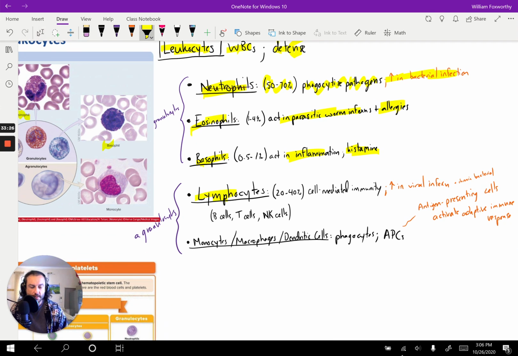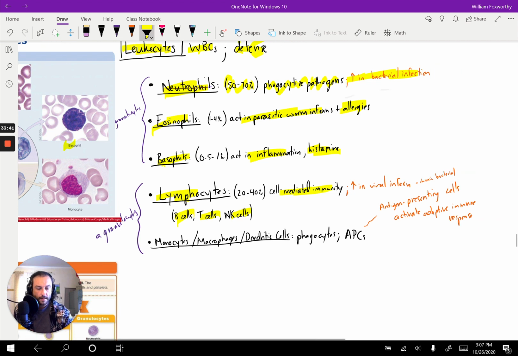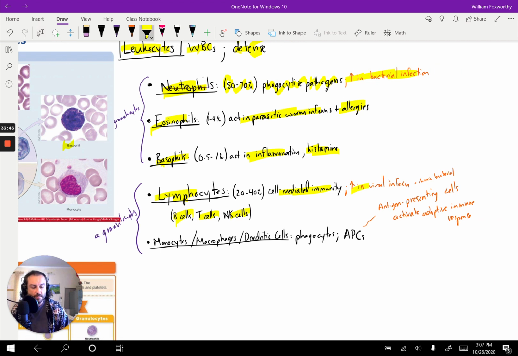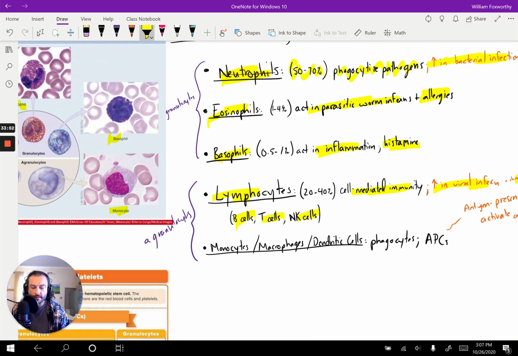Lymphocytes, remember, are your B cells, T cells, and natural killer cells. They function in cell-mediated immunity, which is another way of saying antibody-mediated immunity or specific immunity. And these guys are going to usually be increased if you have a viral infection or a chronic bacterial infection. Finally, you have the monocytes, and I've written down here monocytes, macrophages, dendritic cells, because a monocyte